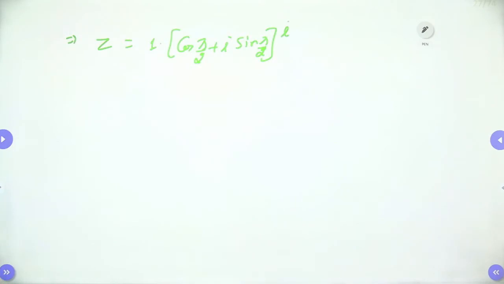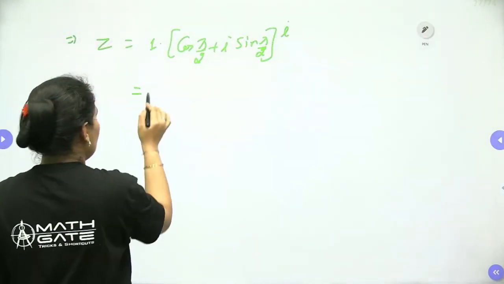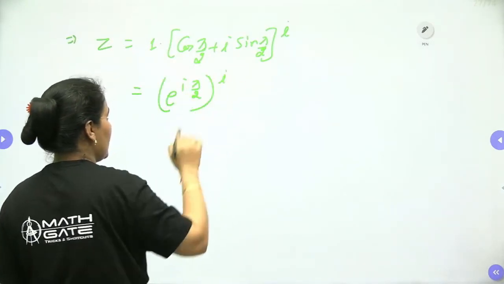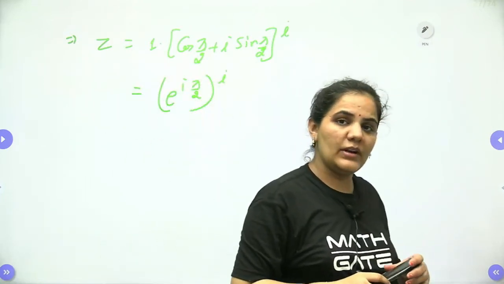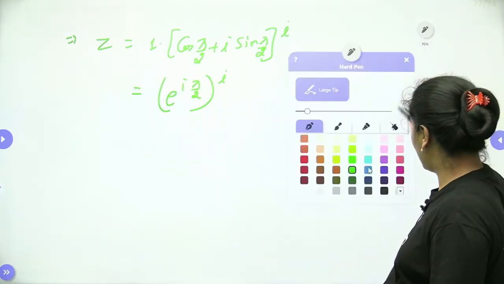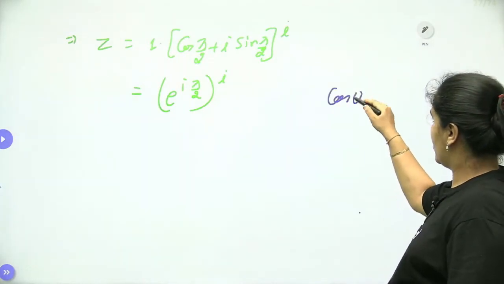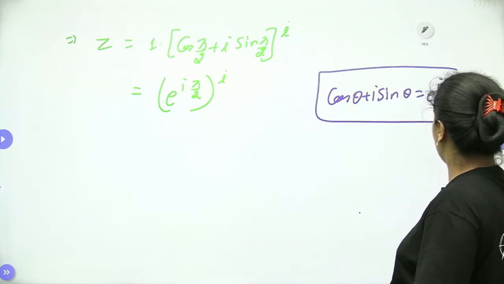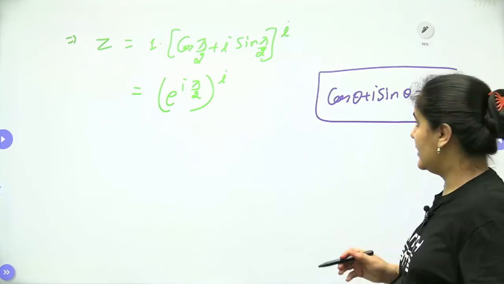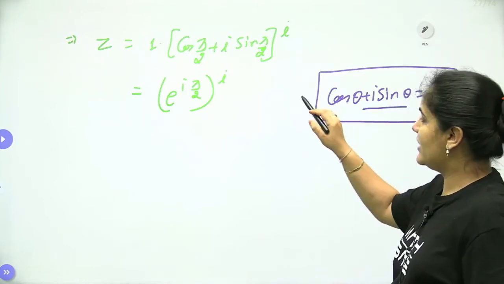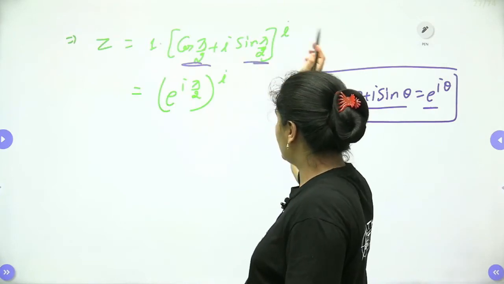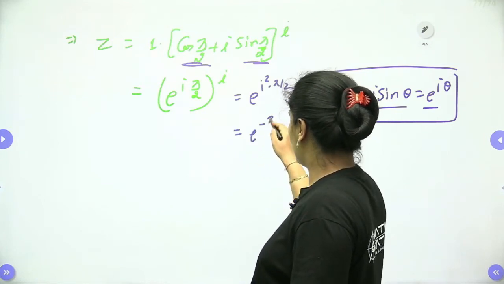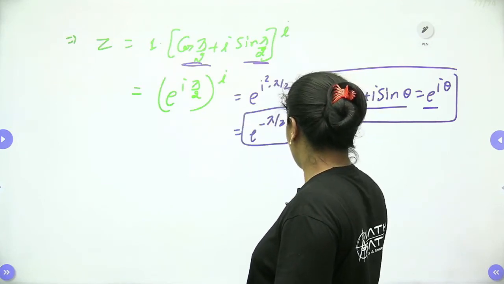Yes. So when we approach it, it will be e to the power iota pi by 2. How do we write e to the power iota pi by 2? We know very well, we discussed Euler's form: cos theta plus iota sin theta is always equal to e to the power iota theta. So when we approach it, cos pi by 2 plus iota sin pi by 2, to the power iota, will be e to the power iota square into pi by 2. Iota square is -1, so hence you can write e to the power minus pi by 2.